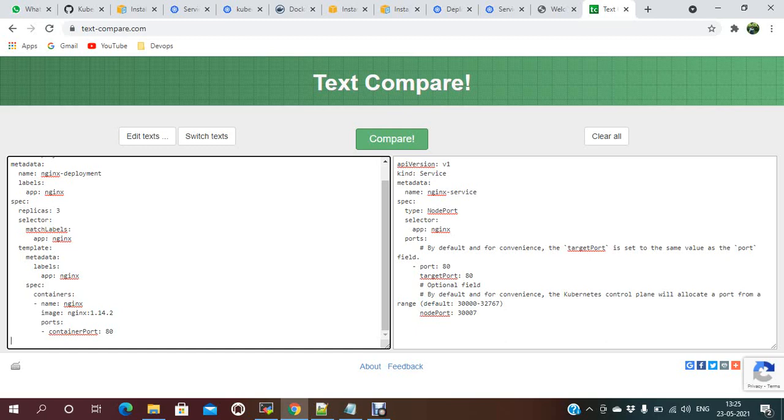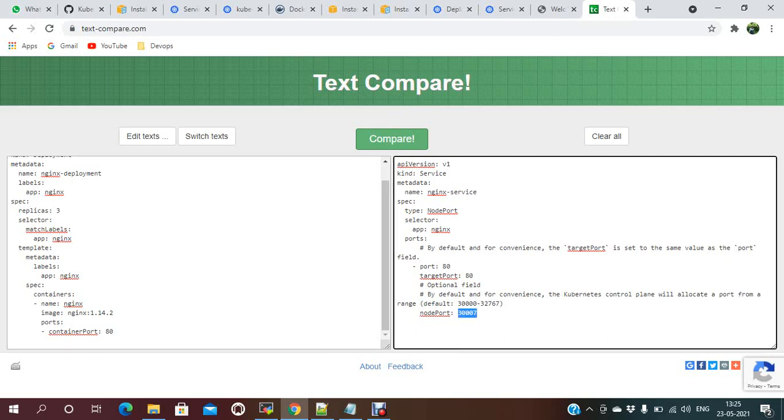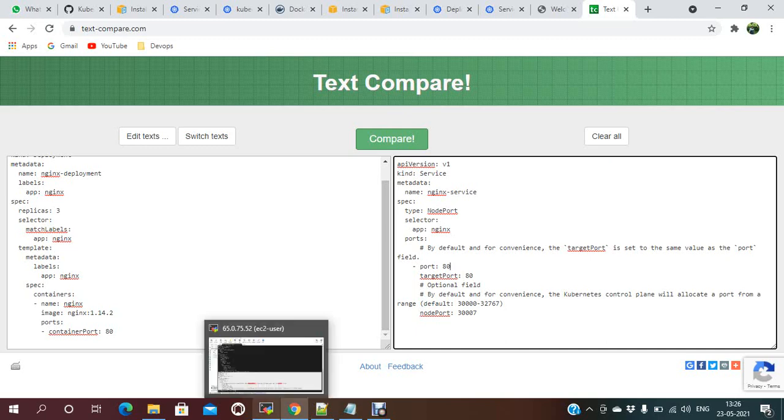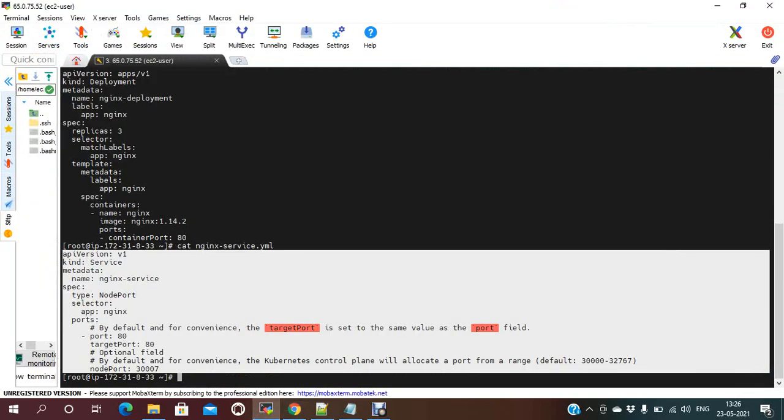And this is the node port. When you access, you just need to open this port. I already opened the port, so that's why you are able to see the response in the browser. This is the port the node has, and the target port is the port of the container. And if you want to check the logs of the pod, you just need to give